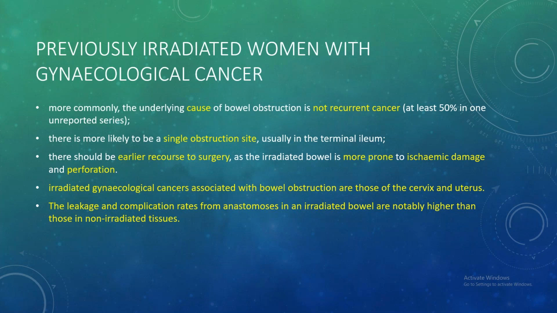And now here, when bowel obstruction develops in a patient with previous radiotherapy, the cause is mostly either cervix or uterine malignancy and not ovarian malignancy, because in ovarian malignancy radiotherapy is not used. So when the patient has received previous radiotherapy, such a question can come. If the patient has received previous radiotherapy, the cause of obstruction will be either cervix or uterus, but not ovarian cancer. Now here, if you perform surgery also, complications and leakage from the anastomosis are more common than in non-radiotherapy patients.